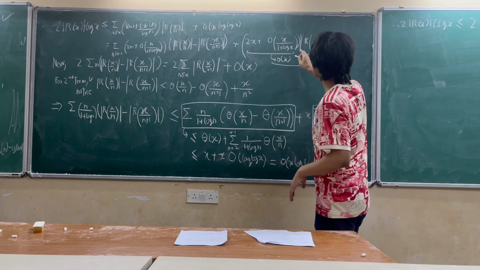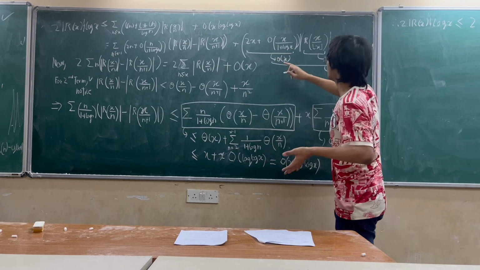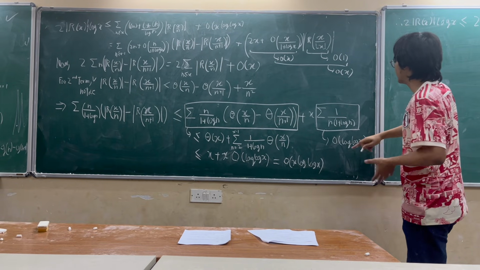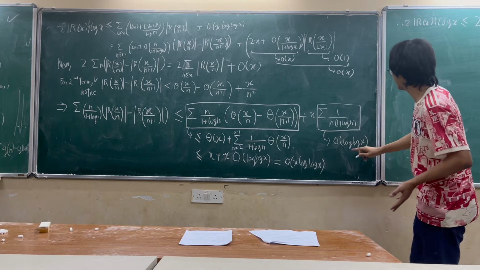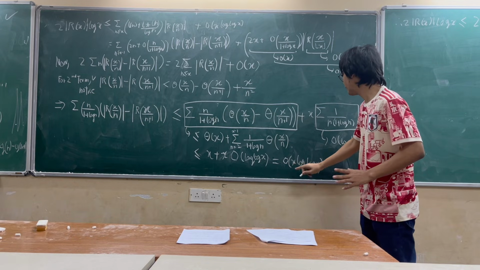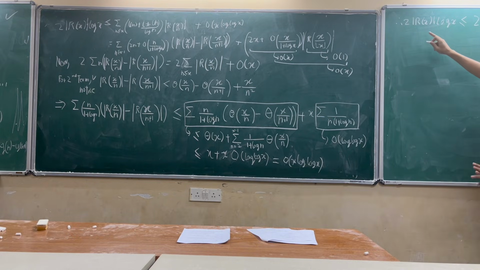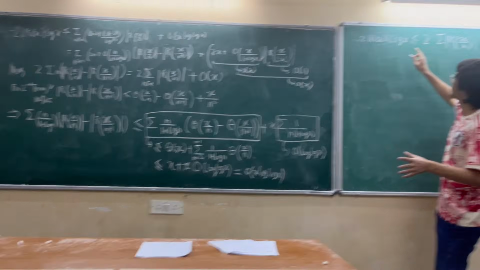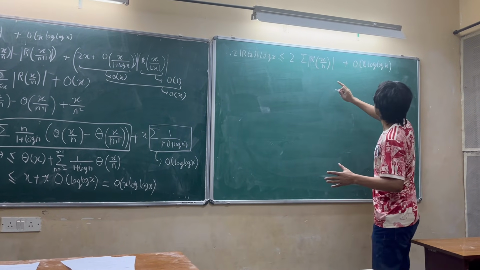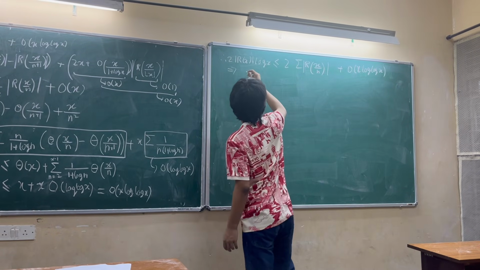This x by 1 plus log x term is of the order of x also, and when you add it with 2x, you are left with something of the order of x. So this whole term is something of the order of x, which is clearly less than or equal to something of the order of x times log of x. So as a combined result, you can clearly state that 2 times mod of r of x and log of x is less than or equal to twice the summation of mod of r of x by n plus order of x log of x, which allows us to write